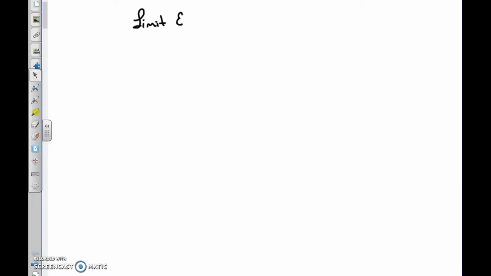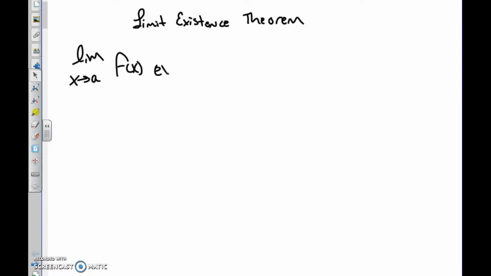So let me write all that down so you can see it. That way you can come back to it and be able to use it later in some of the problems or examples that we're going to do. So the limit existence theorem tells us the limit as x approaches a of f of x exists if and only if